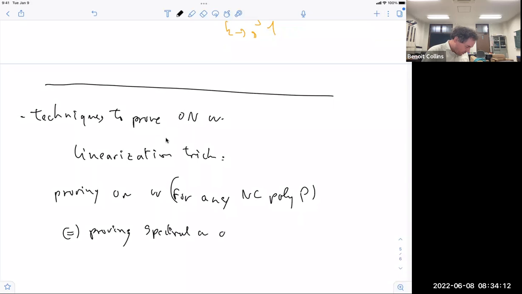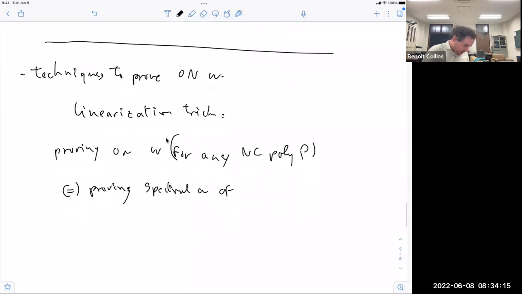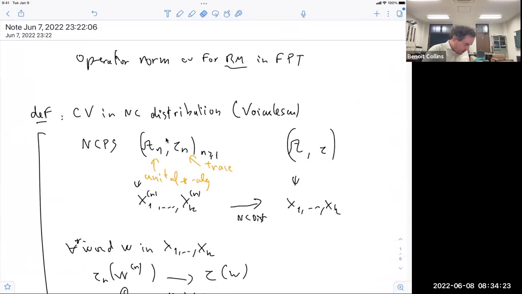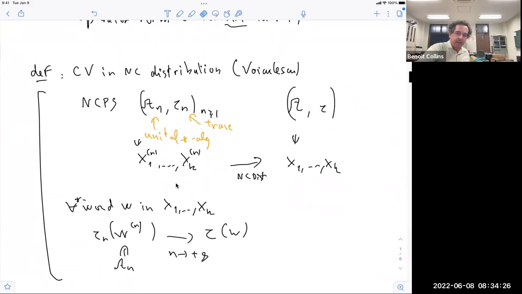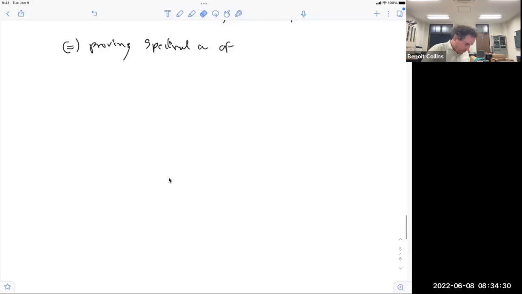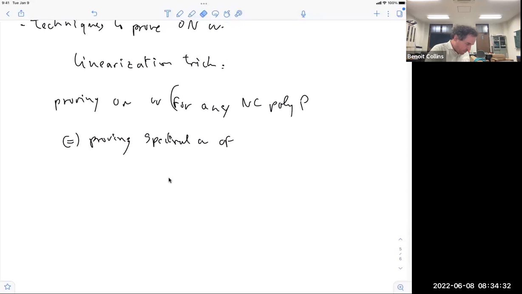Let me specify a little bit. My intention was with this x1 to xk, so I will stick to this notation. So for any non-commutative polynomial P in x1, ..., xk, this is equal to proving the spectral convergence of